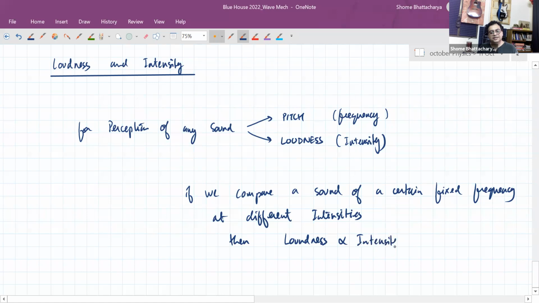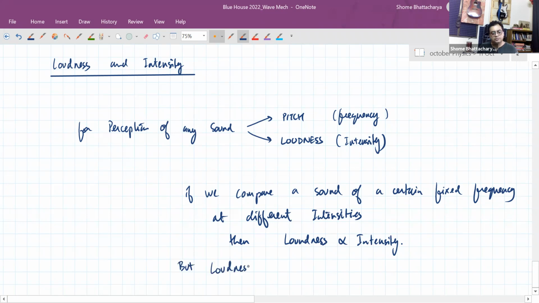For example, if we double the intensity of the sound, or double the amount of energy per unit time per unit area coming from the source, but the source is operating at the same frequency, then to our human ear, it will seem like the loudness has also doubled. Okay. But